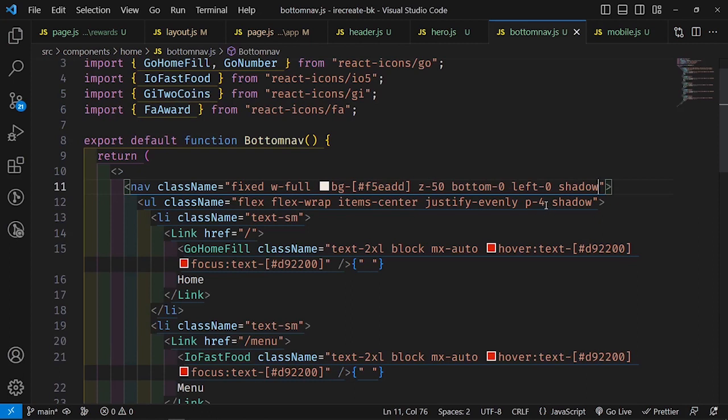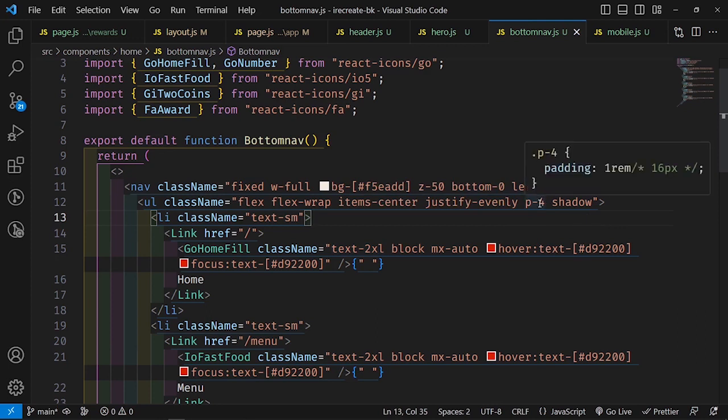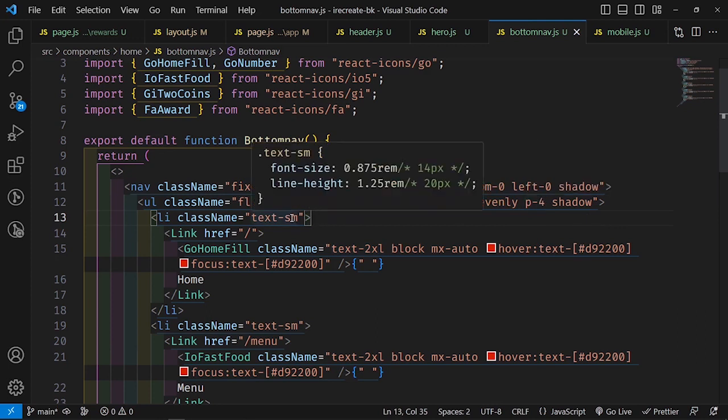Where is the padding here? It has a padding of 4, which is 16 pixels, and 2xl on the icon is 24 pixels and a line height of 32. So 24 plus 32, and then plus 16, that is 72 if I'm correct, and then plus this,